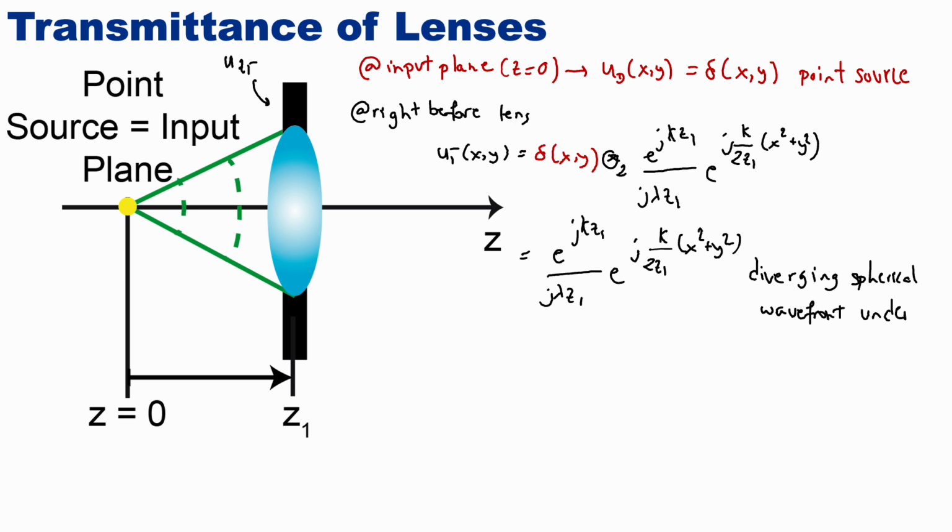And if you see, we are dividing the plane wave with the quadratic X factor, so that means that we are under paraxial approximation. Alright, so now let's do what we have right after the lens. So right after the lens,